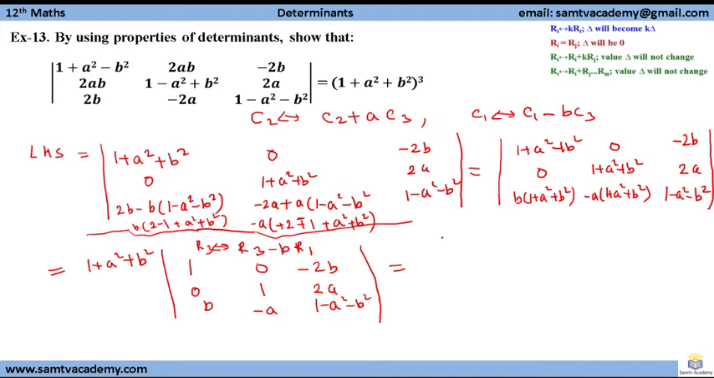Okay, so if we apply this, we are having common 1 plus a square plus b square, and R3 is replaced. So the first row will remain as it is, 1 0 minus 2b. The second also will remain the same, 0 1 2a, and the last is